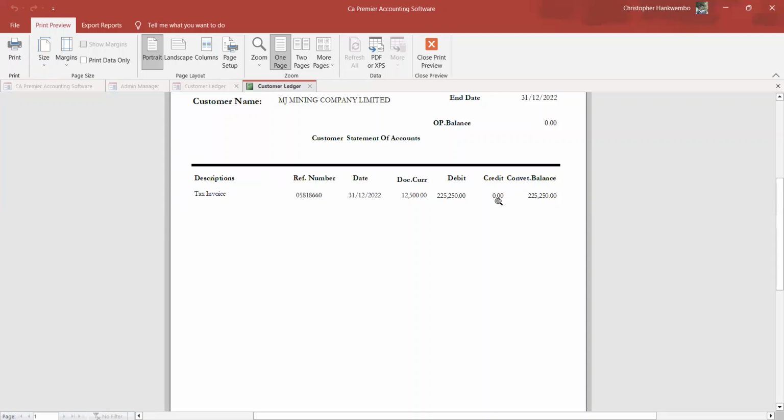Are we together? Yes. As you can see, the document currency is 12,500, so that when you go to that invoice, the amount you are going to see on the invoice is 12,500. But the system will convert that into Zambian kwacha because you are reporting in Zambian kwacha here.